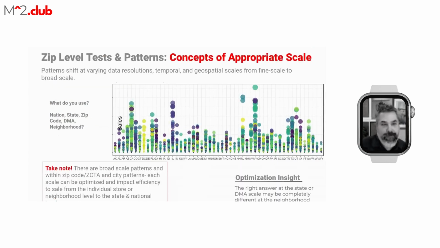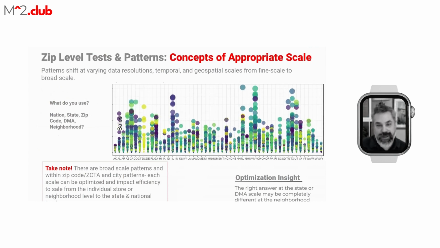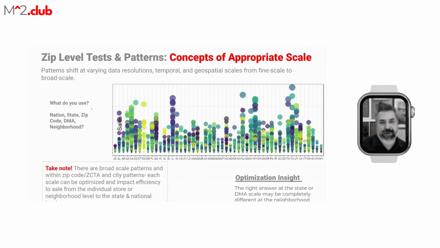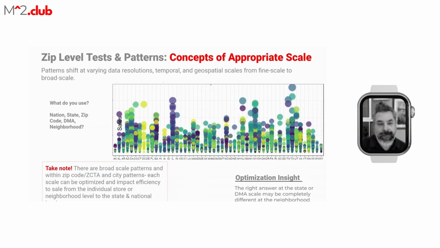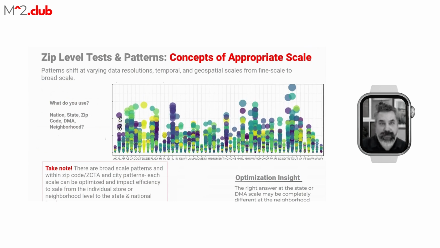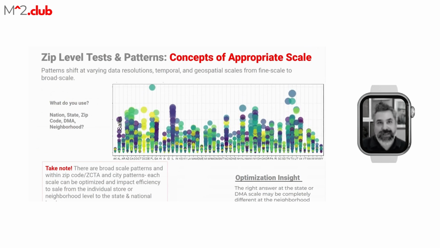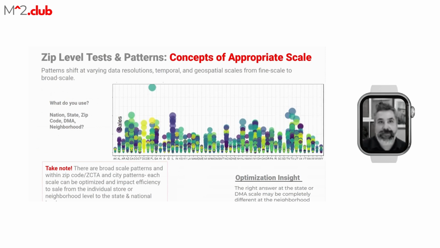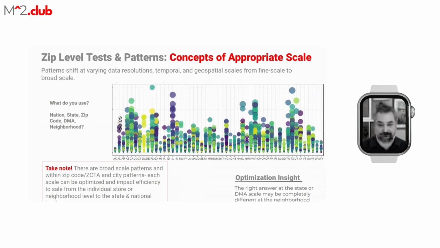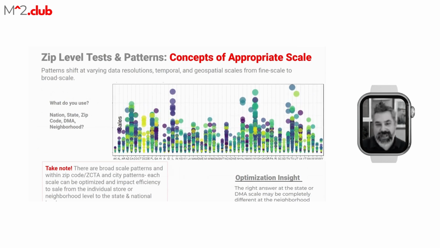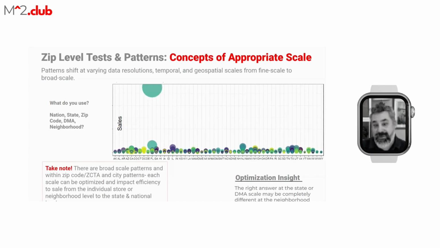So back to this again, and I think we've covered some of this already, so luckily I can go through this quickly. The question really is, what's the appropriate scale? And I would make the strong encouragement that while it is important to look at or potentially do your media buys overall as an understanding, maybe at the DMA or the state level, or you're doing it nationally, to truly understand and then to optimize that spend, whatever channel it is, you have to look at it at a more